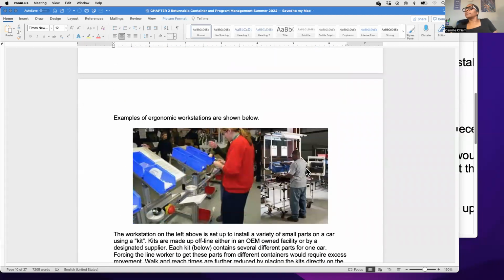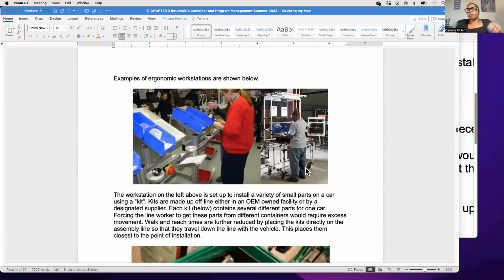Okay, so here are some examples. And you've heard me talk many times, you've seen me reach into the screen. This is what I'm talking about. So you see the operators can stand here and they're not reaching, their parts are right here. In fact, this person's reach is further as they're talking and pointing than it is for whatever work they're doing. So they're doing that with the one hand, but at the other hand, they're just taking it right out of